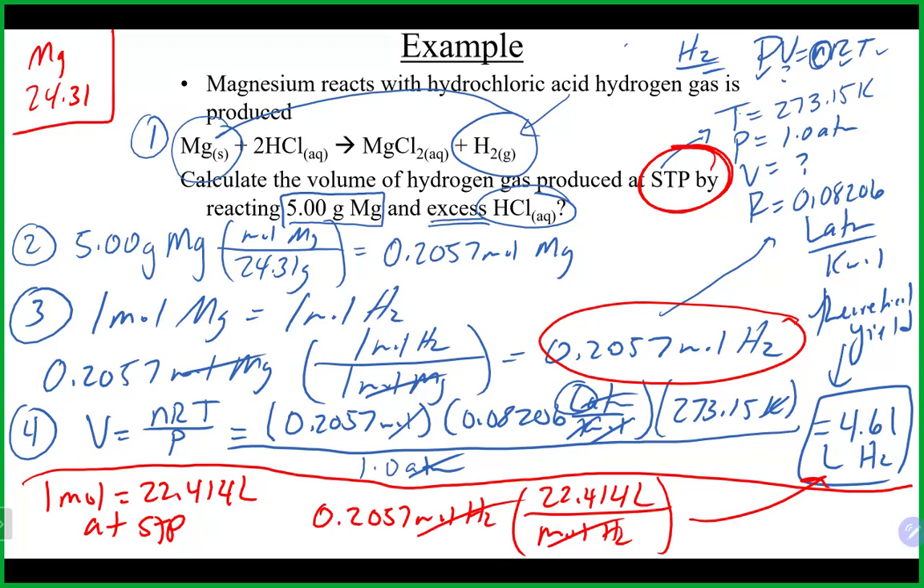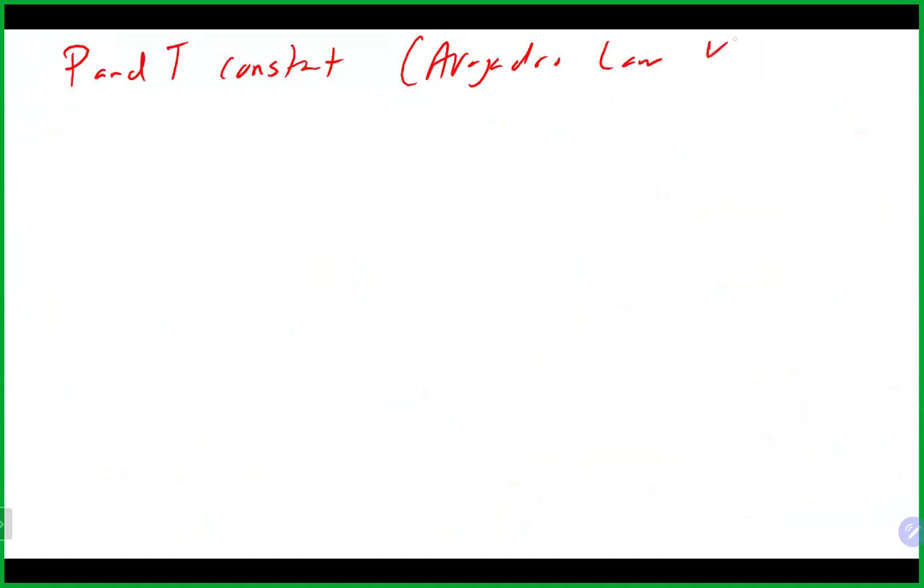Questions on stoichiometry involving gases? Pretty much the same steps. Throw in the ideal gas law somewhere along the way. We also talked about stoichiometry when we were talking about Avogadro's law. So remember that if you have pressure and temperature that are constant, which is essentially what Avogadro's law is all about, that's V1/N1 equals V2/N2. Remember that you could take an equation, as we saw there,